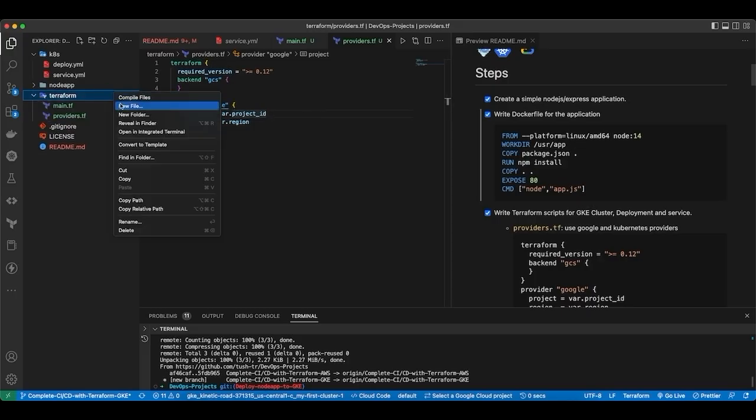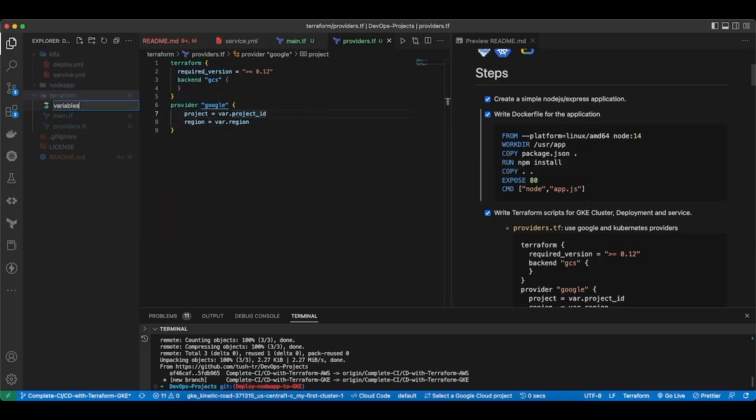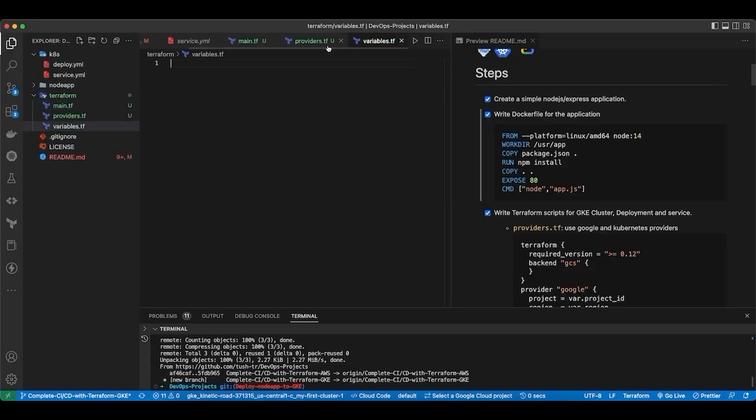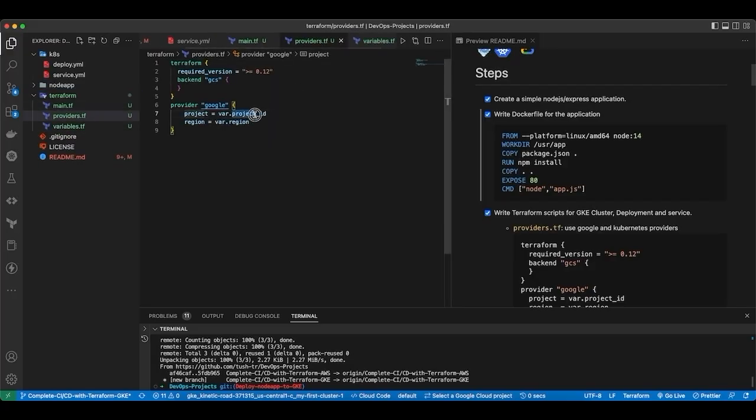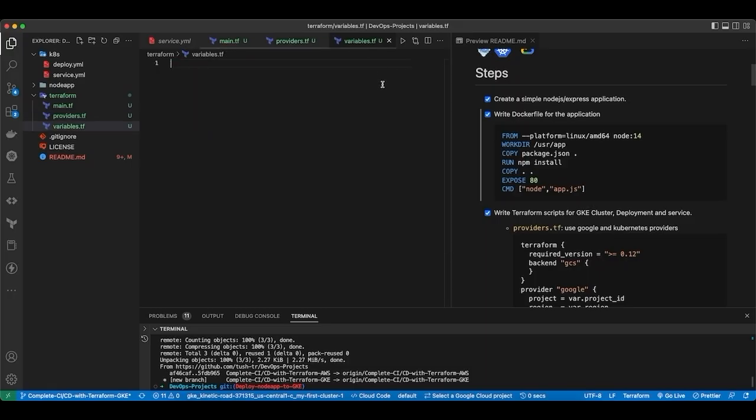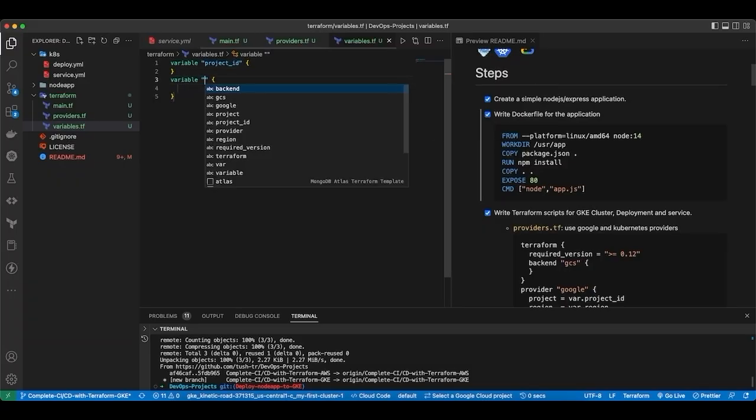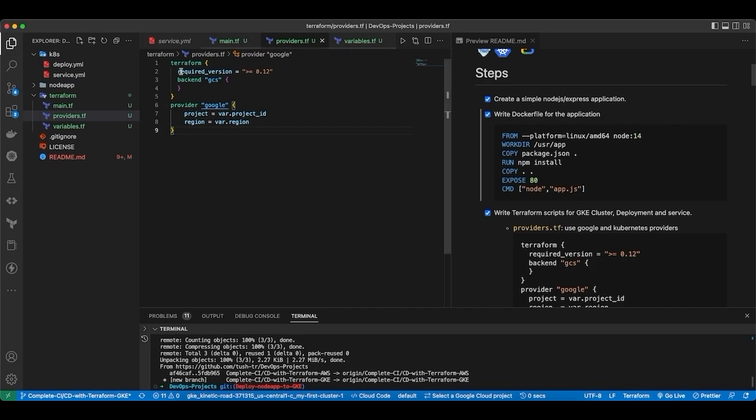So let's create a variables.tf file, right? So which variables we need to create? Project ID. So just copy it, and let's say variable project ID. We can keep it blank, and another will be region, right? So these two variables I have configured here. That's all right. Now we have added Google provider, and now we need to add the resource block for creating